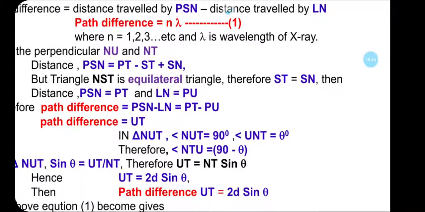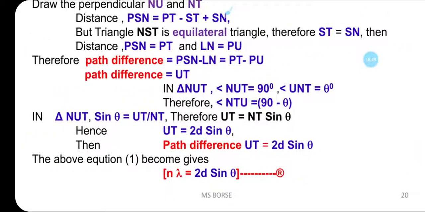From this Bragg equation, if you know the order of reflection and lambda, we can find the angle of incidence theta or reflection, and we can determine d, the distance between the two planes. If you know d, the angle of reflection and the order of reflection, we can find the wavelength of the X-ray radiation. In this way, from this equation we can find the lattice parameter or crystal structure.